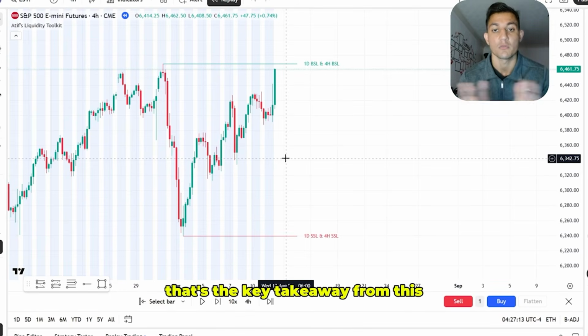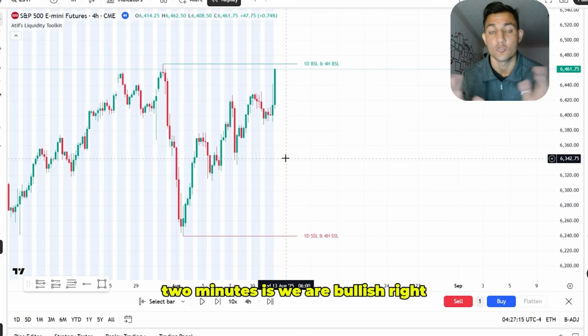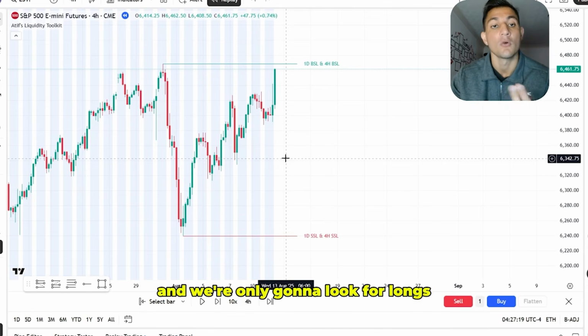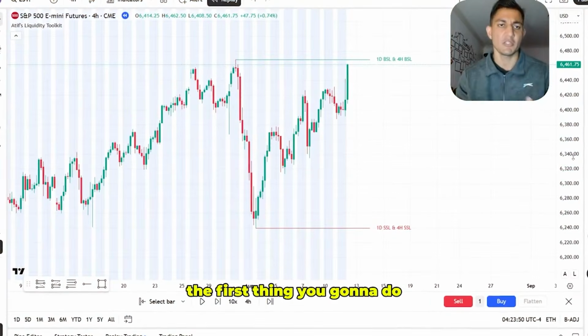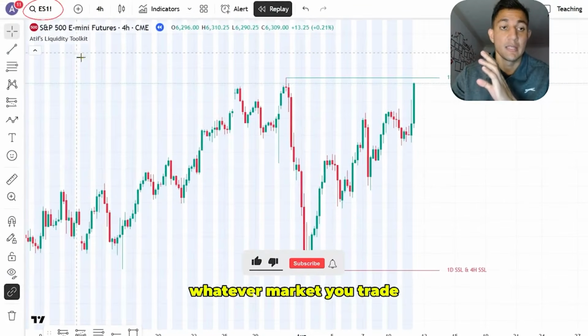That's the key takeaway from this, I don't know however long this was, 2 minutes, is we are bullish, right? We are bullish and we're only going to look for longs on the lower time frame. Okay, so the first thing you're going to do for whatever market you trade, because this will work on every